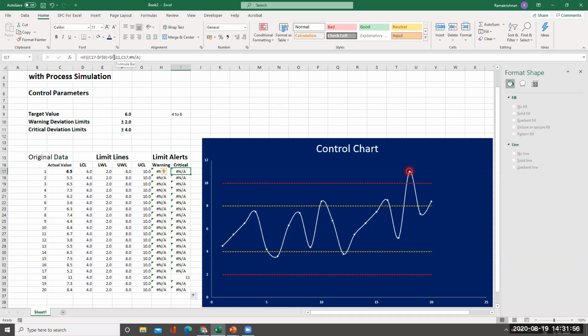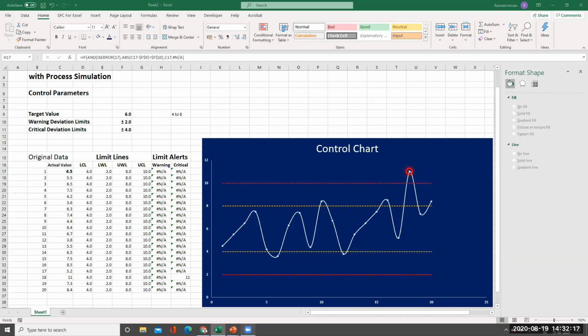Minus F17 is F11. See here. If and is error 17, comma absolute C17 minus this thing is greater than F10, comma 17.